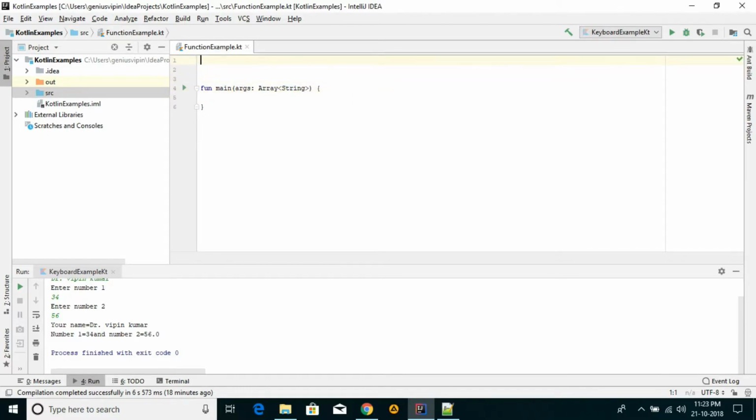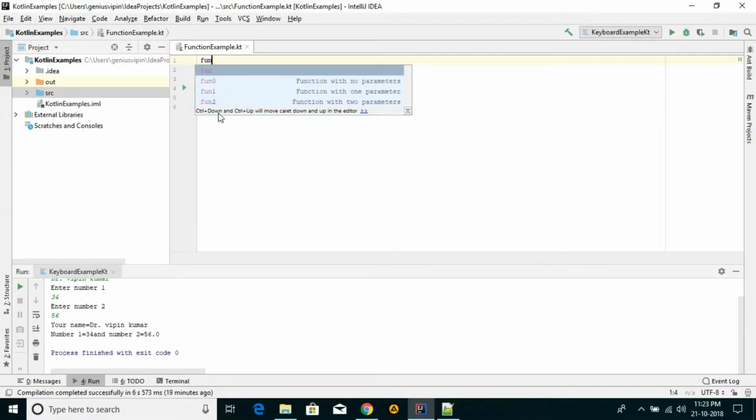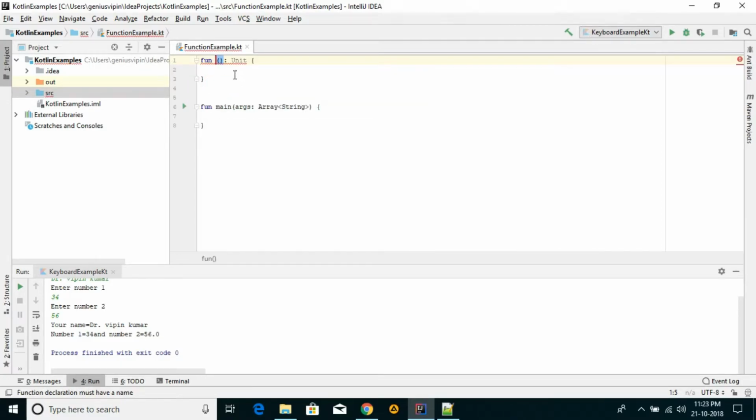Now for creating a function in Kotlin, first of all we have to write the fun keyword, and it's saying fun0, which means function with no parameter. But this is not the right way to create a function. So we are creating a function with a name, like display, and we are not passing any parameter. So this display is a function,